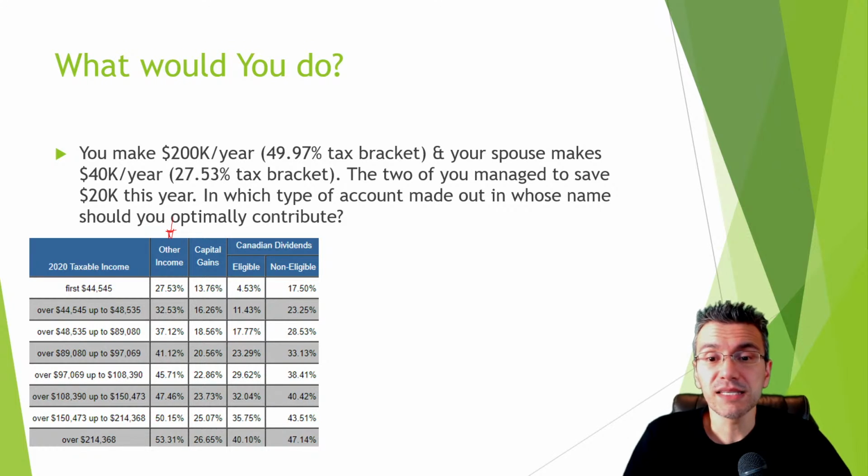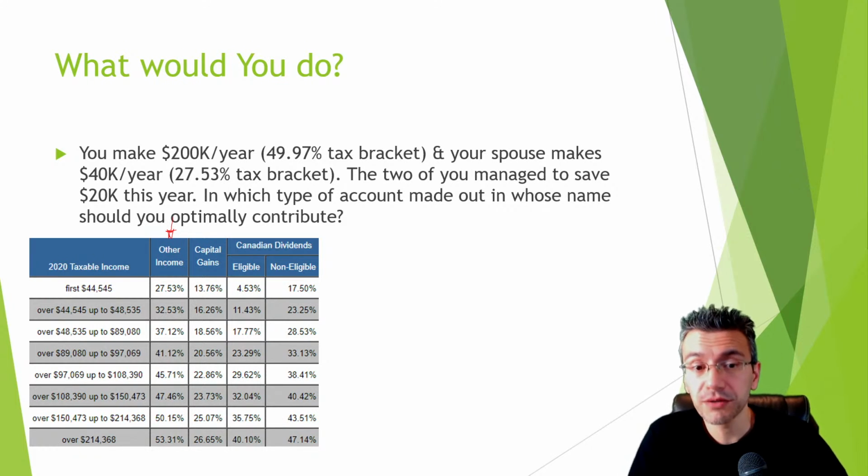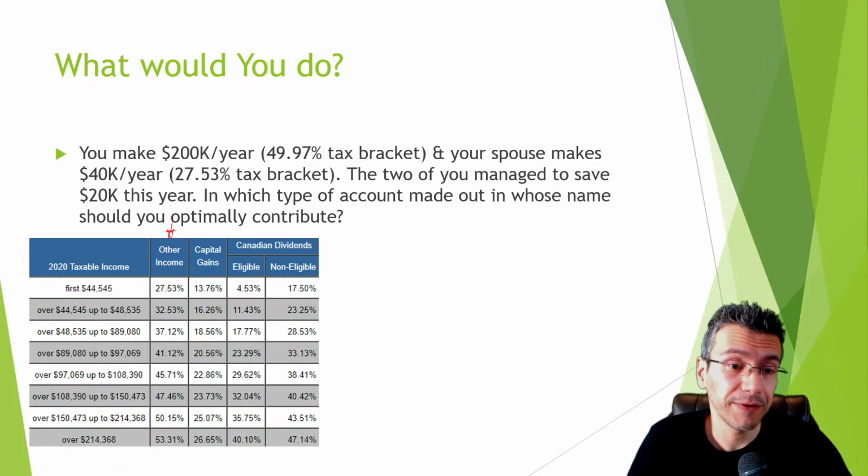All right, so let's consider this scenario and see which one would make the most sense and why you would consider contributing to a spousal RRSP, whether you should split it evenly or what would exactly happen. So let's assume you make $200,000 a year. That puts you roughly in the top 2% of income earners in Canada, right? So at that point in time, if you happen to live in